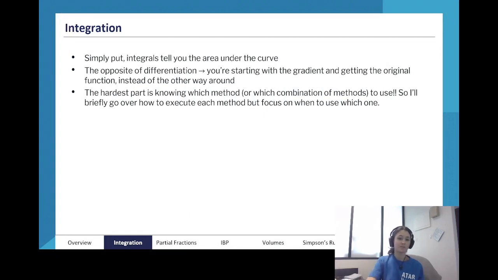We are going to be starting off with integration and a basic overview of what it is. So, simply put, integrals tell us the area underneath a curve. The integral of a curve between the two x-bounds is going to give us the area between the curve and